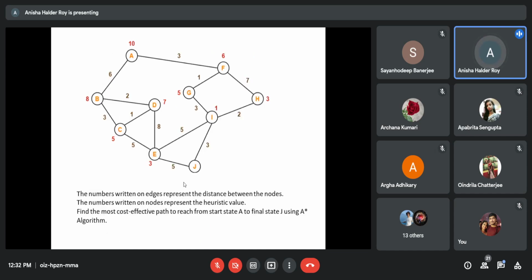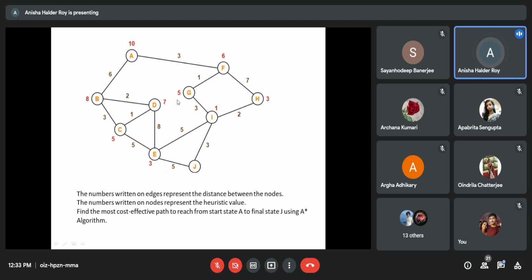For the path AFGIE, the total F is H 3 plus G 5 plus 3 plus 1 plus 3.